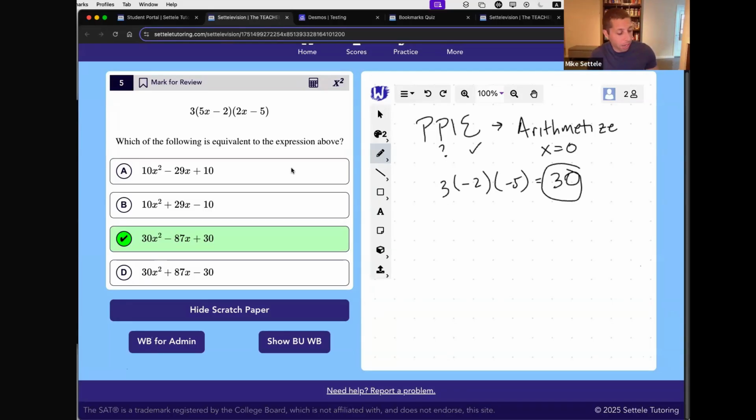That's why when you do exercises for this next week, speed is not the priority. Do not worry about speed. Focus on trying these new things out, seeing how they work, getting a feel for them. You will learn a lot of places where there are more efficient ways to do things. If there's any questions on this, let me know. I know this is a little bit of a weird strategy. Arithmetize in particular is weird because you're never really doing this in school. Guess and check, maybe. Plug points into equations, maybe. But let me give you another one to work on while you think about it.